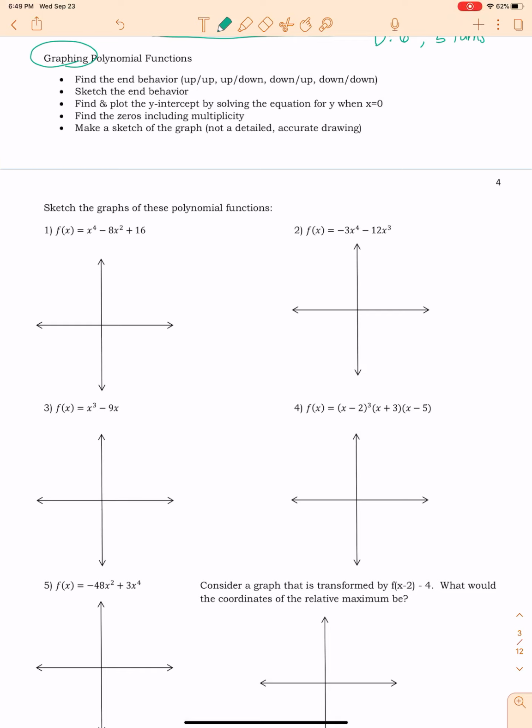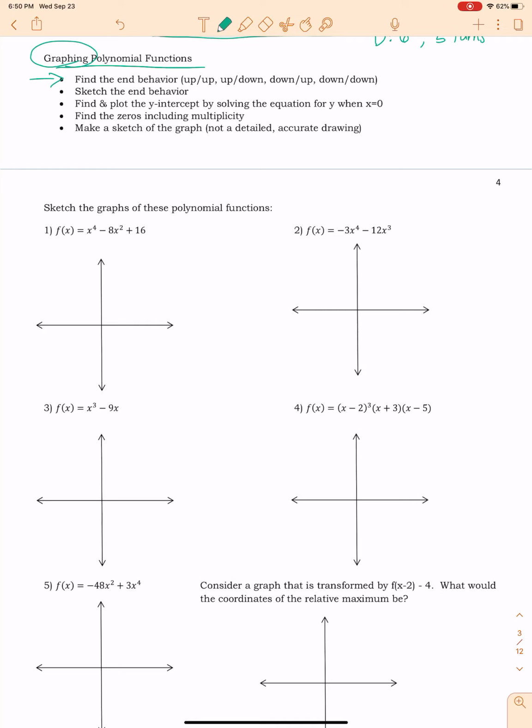Okay, pre-cal, we're going to talk about graphing polynomial functions, so hold on to your seats. All right, there's a lot involved here, but it's not terribly difficult. It's just a little tedious. So when we're graphing a polynomial function, the very first thing we're going to do is find our end behavior,